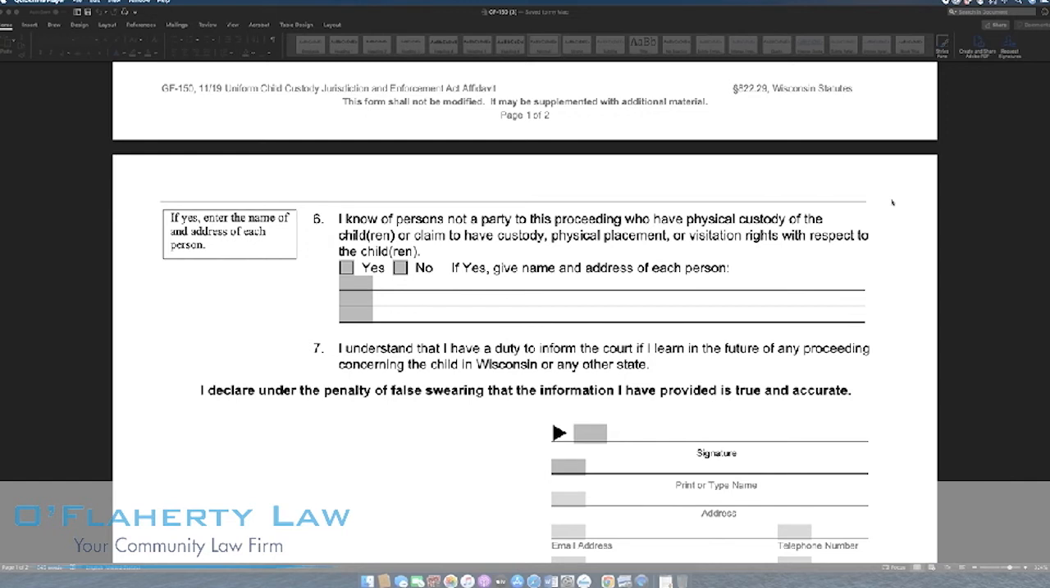Number 6, I know of persons not a party to this proceeding who have physical custody of the child or children, or claim to have custody, physical placement, or visitation rights with respect to the child or children. Yes or no? So a lot of times you see grandparents or aunts and uncles getting involved and saying, you know, I'm going to continue to be in the child's life just because I'm not involved in the divorce or paternity action. Doesn't mean I'm